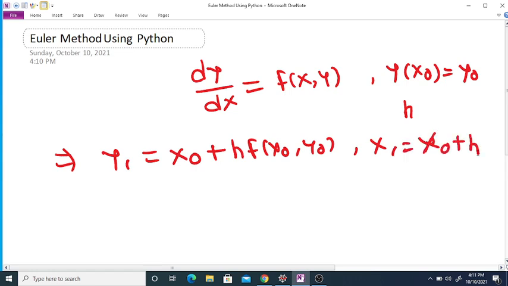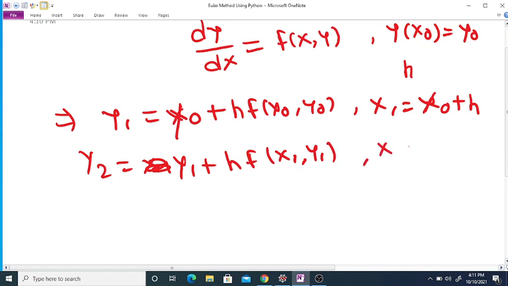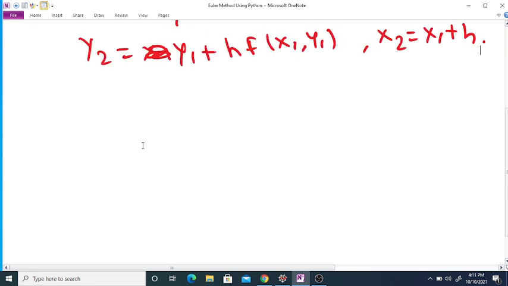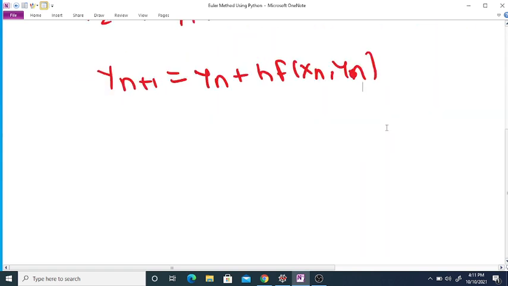Similarly, y2 can be obtained by using the formula y2 is equal to y1 plus h f of x1 y1, where x2 is equal to x1 plus h. So similarly, the general formula for Euler method is y n plus 1 is equal to y n plus h f of x n y n. For example, suppose we want to solve this differential equation